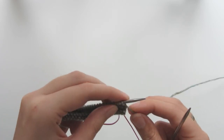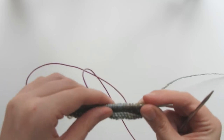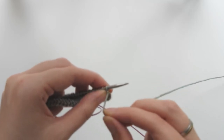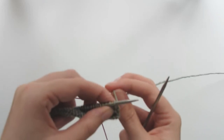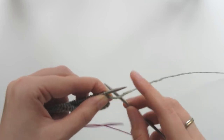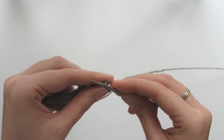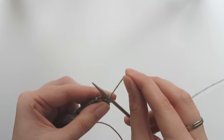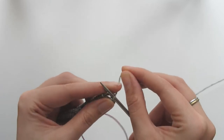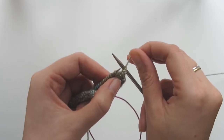So in the pattern you would normally find that the first stitch would be a double stitch. The way that you would make a double stitch is you bring your yarn to the front of the work. Now if you're working on a right side row like I am here, the yarn is usually at the back. However, in this case we're bringing it to the front. We are slipping that stitch purlwise, and then all we do is just hold that yarn, lift it up and over your needle. You see that there? So I'm bringing it up and over,